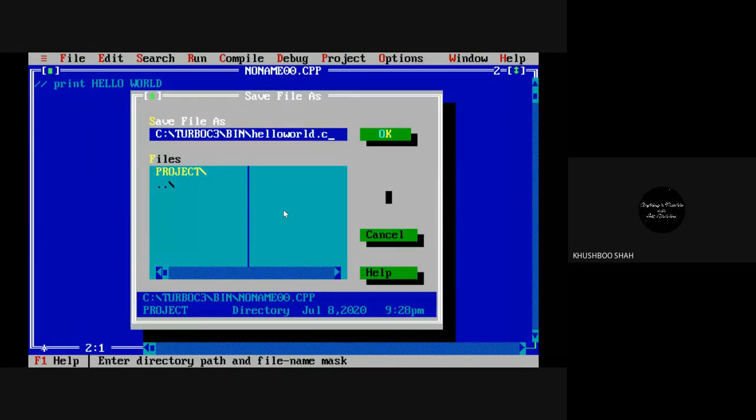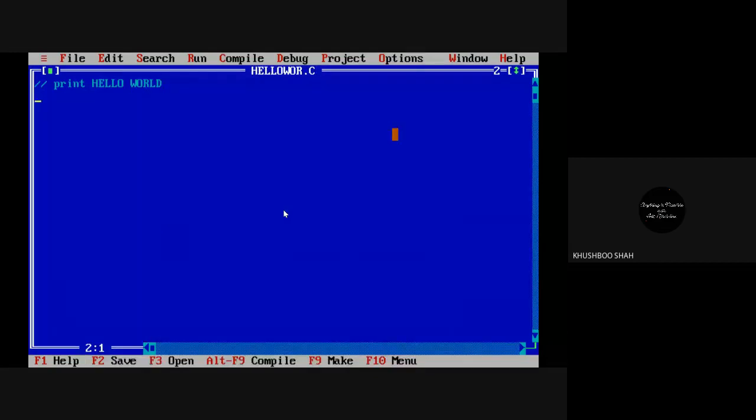In the turbo3 folder we have the bin folder, and in that I'm creating the first file hello world.c, and simply click OK. Okay, so here you can see that hello world.c is there. You will not get the full name because it only accepts 8 characters.